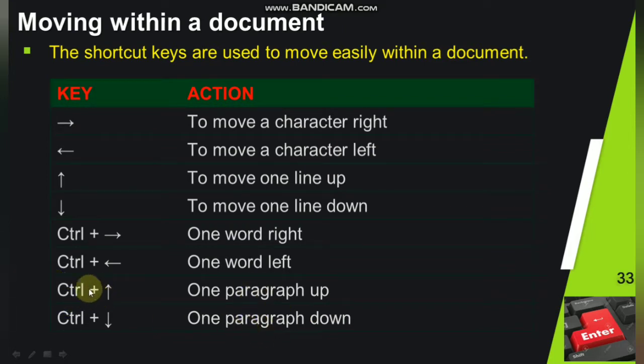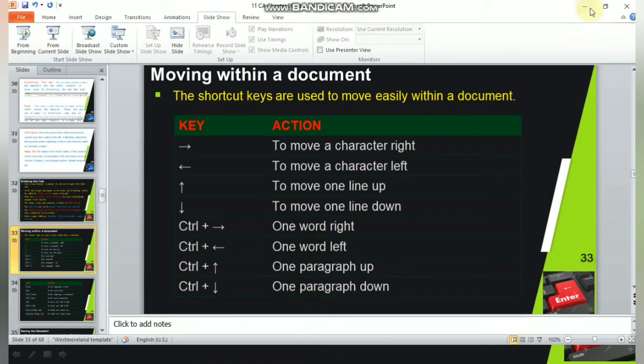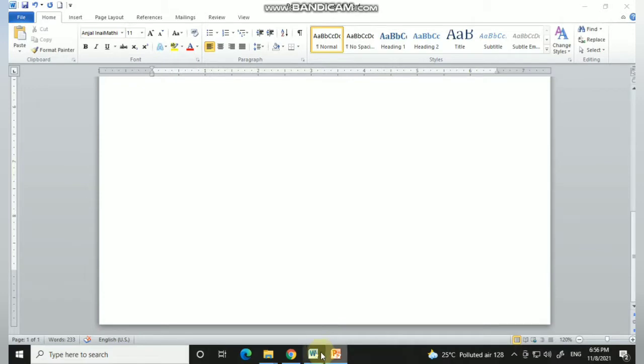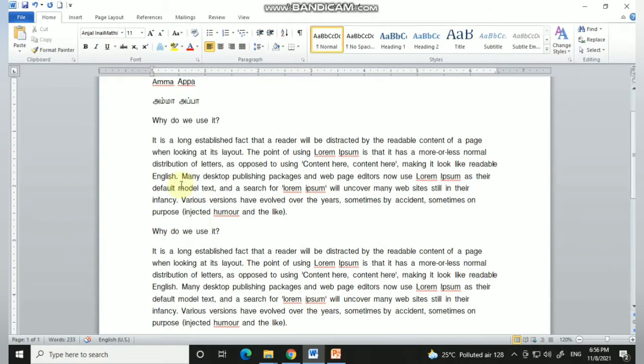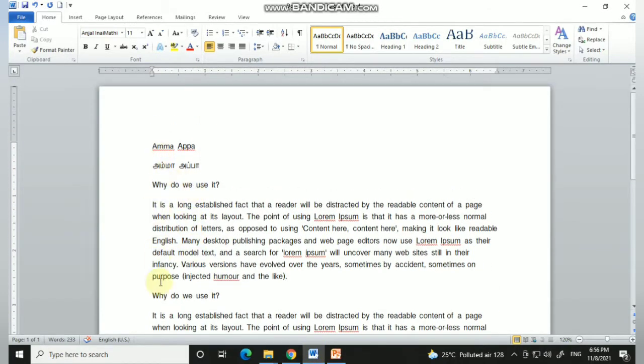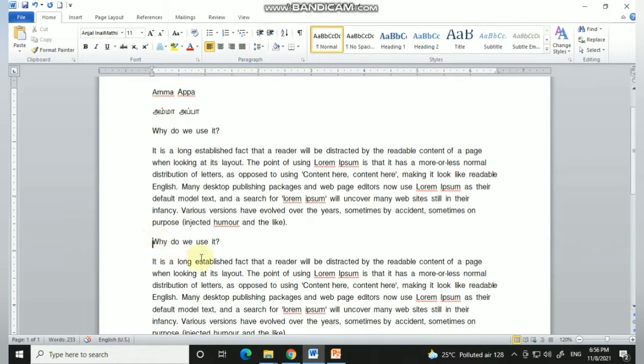For example, control plus up arrow is used to move one paragraph up. It is used to move the insertion pointer one paragraph up. For example, I will show you here. See, I am here in this paragraph.